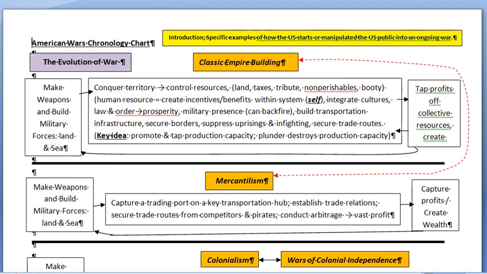Okay, hello. This is an introduction into a series of lessons I'll be teaching on American wars. More specifically, how the United States either starts a war or manipulates the U.S. public into joining an ongoing war. I'll go through a number of examples, but not today. Not in this introduction. In this introduction, I want to give you some background information,